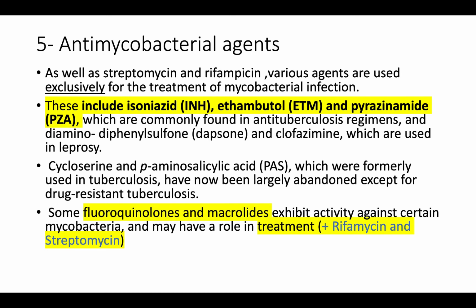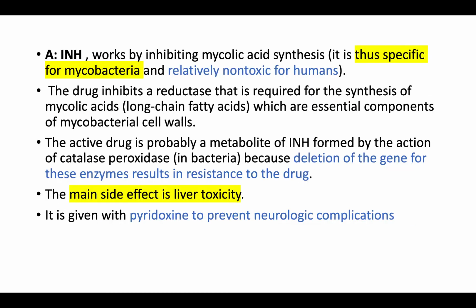Cycloserine and p-aminosalicylic acid were formerly used, but now, because عندهم resistance كثير, ما بنستخدمهم. Some fluoroquinolones حكينا ممكن نستخدمهم. Some macrolides we might also use with the rifamycin and the streptomycin. So isoniazid works by inhibiting mycolic acid synthesis. ففكروا فيه, الايزونايزد, فكروا فيه زي الانتي بيبتو